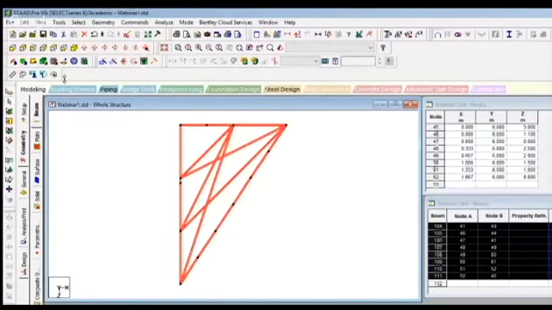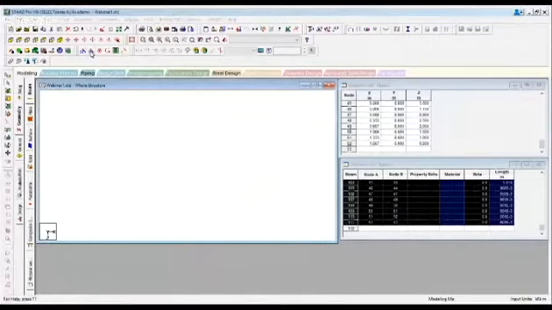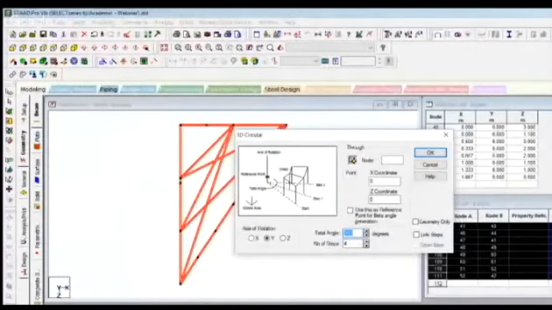Now again, I will go to the top view. Then just on the right hand side of the translational repeat, you will see a command called circular repeat. For circular repeat, you need to first mention the axis of rotation, that is the y-axis. Then define through which angle you want to rotate. I'm saying just 180 degrees. Then I will have the number of steps, 1. I'm just having one step. It will be easy for you to understand.